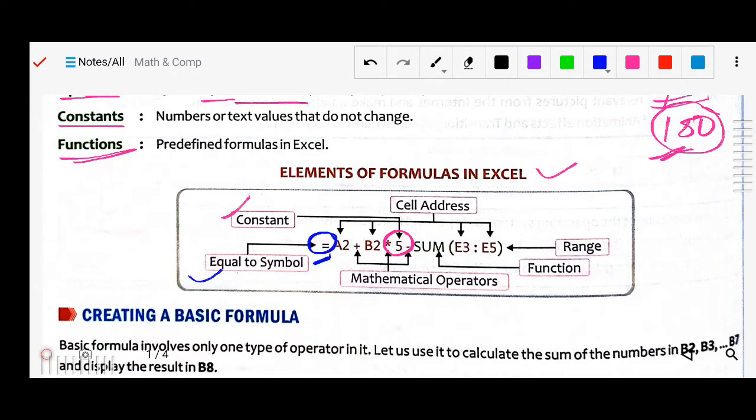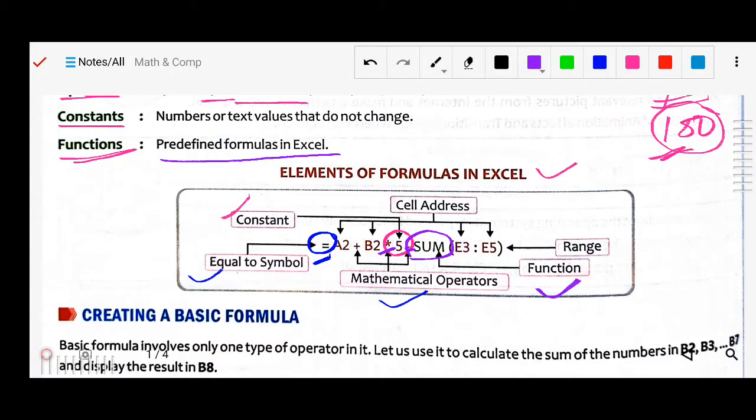Then mathematical operators: there you can see the star, so it will perform multiplication. Here the minus is there also, so that will be subtraction. Next you can see this is the function SUM. This is a function, which as I told you is a predefined formula, already set and defined in Excel.